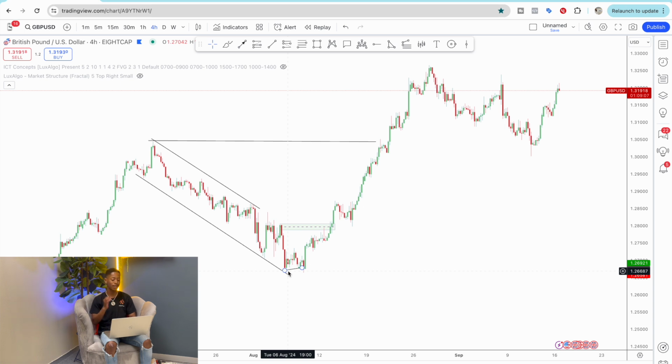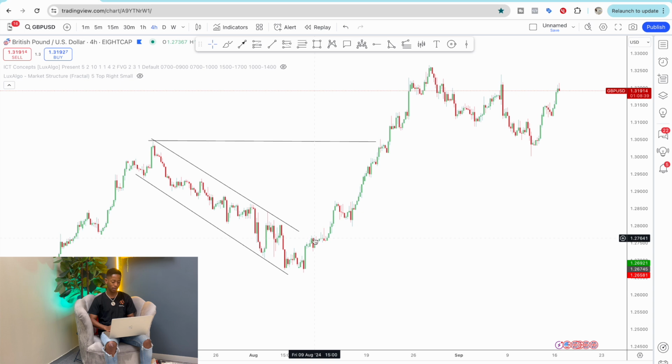But not even just that, the most important thing that I like about this is that as soon as price got right at the bottom, it presented more like a double bottom structure, which means the price came once here at this level, it went up, and then it came back once again here at this level. But because it couldn't break the lows, price started shooting upwards massively, because you can see this candle that followed, it went upwards.